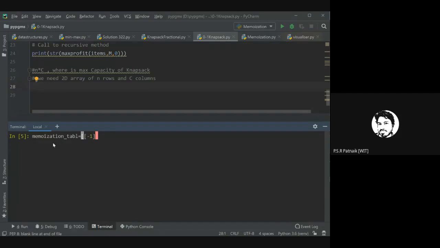He has entered 0, but I'm entering into C, into N. Do you think this will give me N rows and C columns? Do you all agree? I want you to try. How do I create a matrix of N rows and C columns in Python? Do you think this will work?